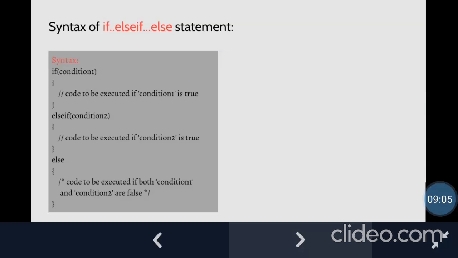Now we have many conditions to check, so we simply write else if. If this second condition is true, this particular block will be executed. If condition 1 and condition 2 are not true, then only the else part, which is followed by a block of code, will be executed.